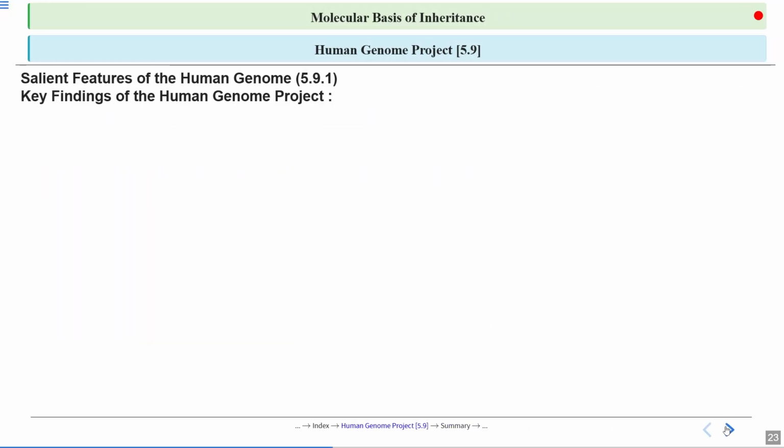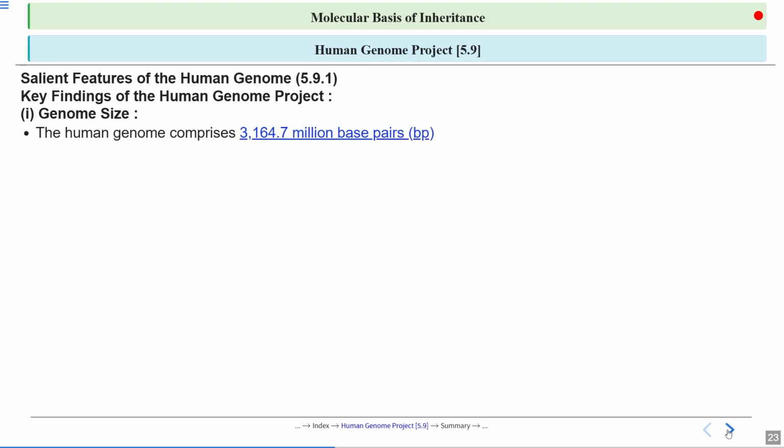Then comes the salient feature of human genome. So this is very important. Like, what are the key finding of human genome project? So if we talk about the key finding of human genome project, so what are they? So they are the human genome. First is the genome size. They got to know that the human genome comprise of